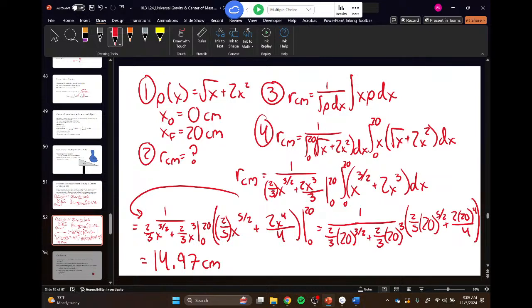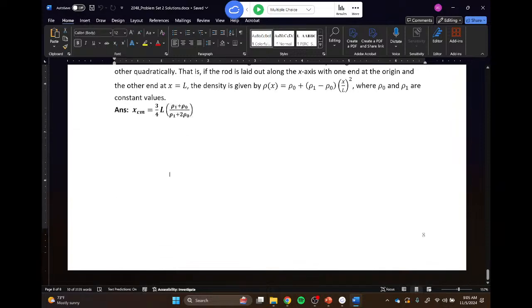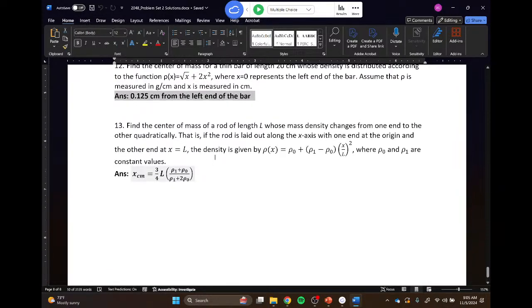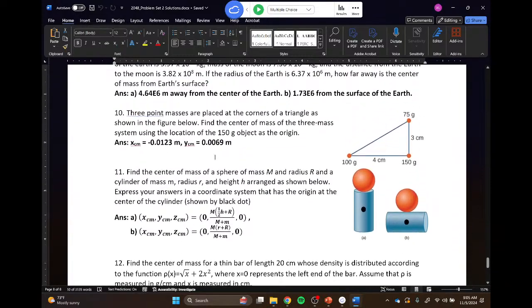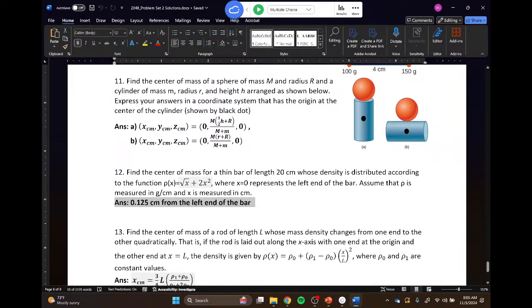That's the last thing I need to teach you all. There are a couple more problems of this kind in the problem set. There's one more you all get to practice if you want to. This one is just all in terms of variables. It's a fun problem to do algebraically. But I'll tell you all, this is the only one I have like this with a density function. If you want more of them,